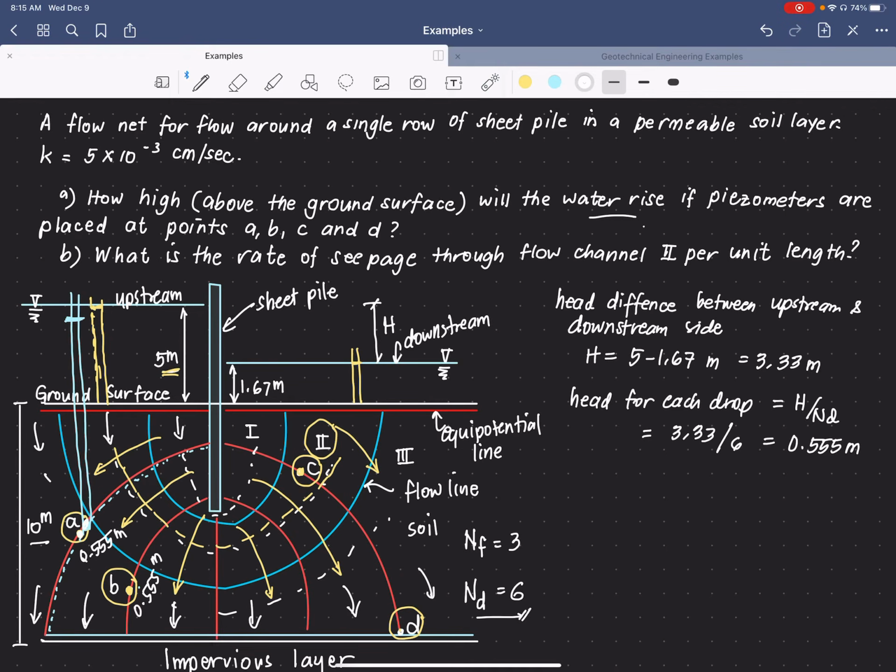And so, if we put a piezometer here, at point A, the water in the piezometer at A